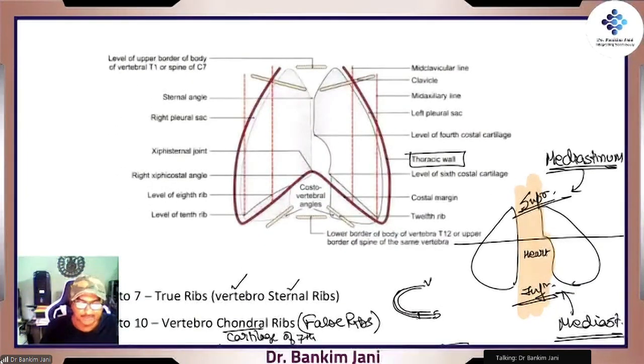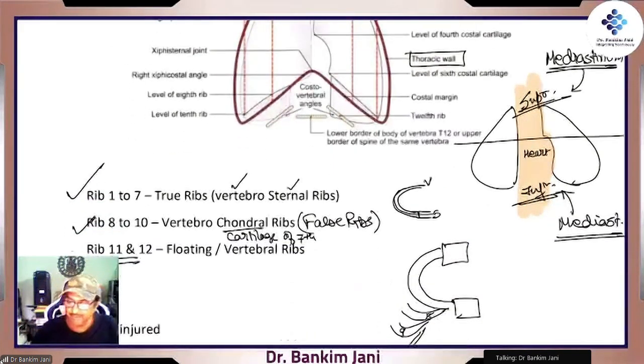Various angles and their locations. This is more or less the anatomy part, but here it is the mediastinum, right lung, left lung, heart in between, superior mediastinum and inferior mediastinum. Mediastinum is the space which has been marked over here between the 2 lungs.